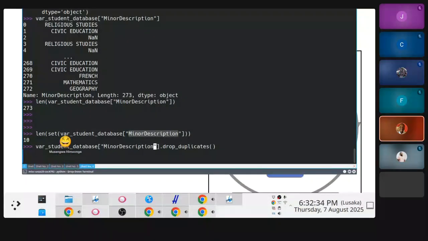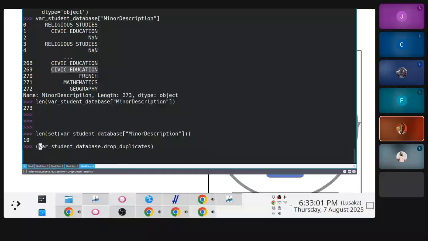Now, if you think about it, let's say I wanted not to have duplicate specific education. The question is, which ones do I drop? Do I drop the first one? Do I drop the last one? And so if you read up on drop duplicates